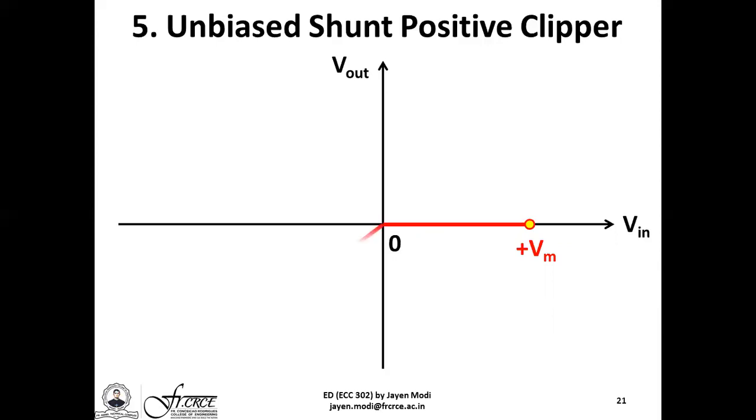However, when you have the negative half cycle of the AC input signal coming in, you have the diode behaving like an open circuit. This allows the entire AC input half cycle to appear at the output exactly as it is. So with the AC input signal changing from 0 to the value minus Vm, you also have the AC output signal changing from the value 0 to the value minus Vm. Needless to say, the slope of this curve is once again unity, or 1, because the same AC input signal cycle is also obtained across the output terminals.